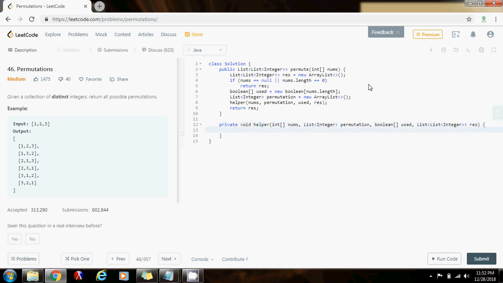So now I want to take care of the base case. As I said, I'm going to recurse. Every time I'm going to add an element to the permutation, and whenever the size of the permutation is the same as the size of the array, that's going to be my base case. So if permutation.size equals nums.length, then this is the base case. I have one new permutation, and I'm gonna add the permutation to the final result. result.add